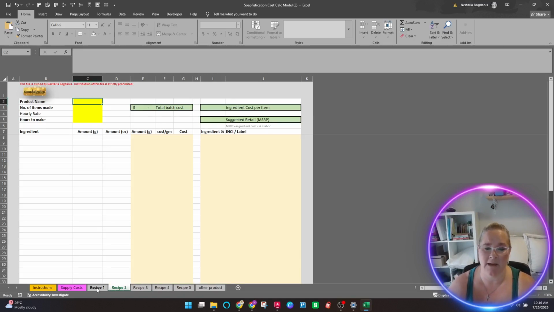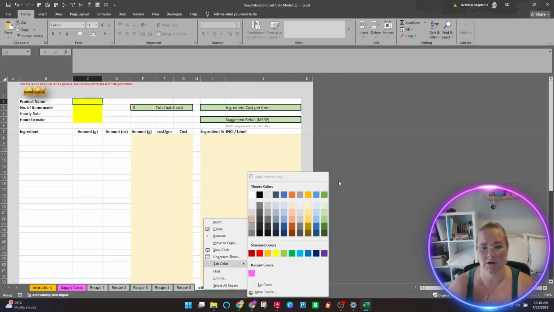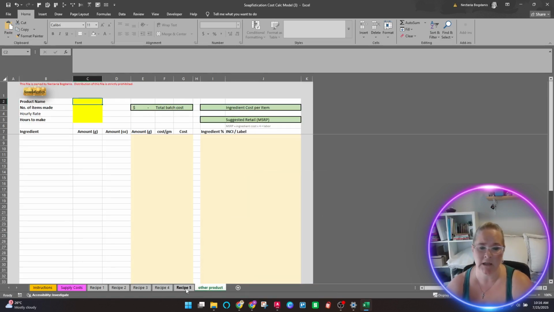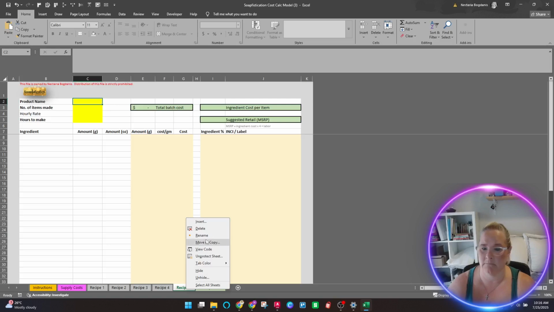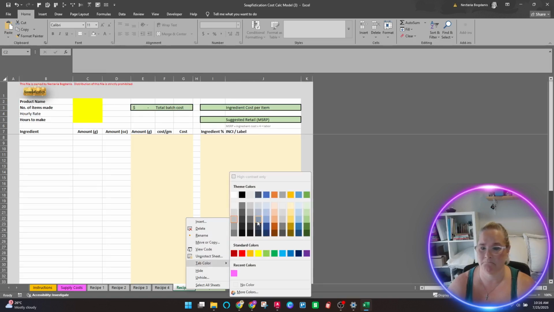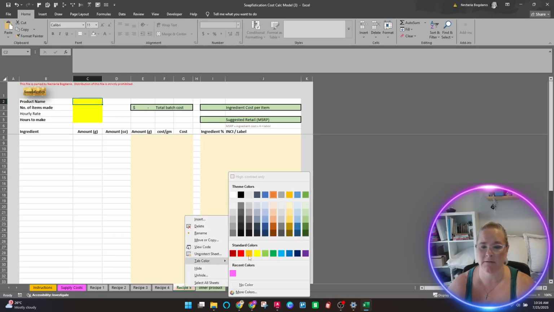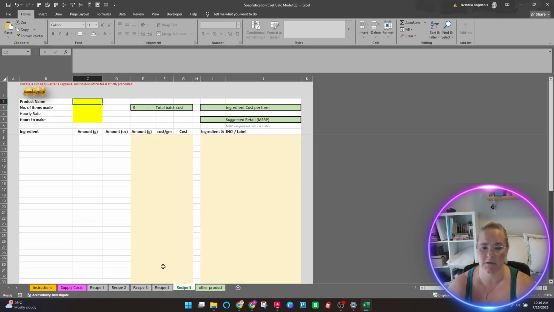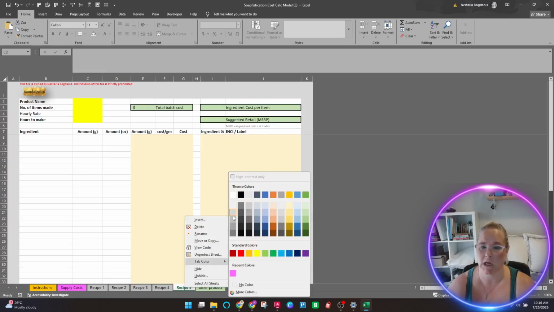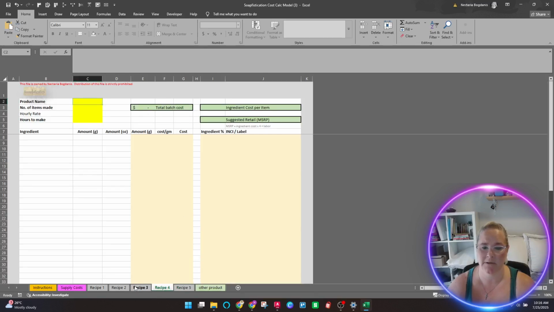The other thing you can do, see how this is yellow and this is pink and these other ones are gray. I can right click here and change my tab color. So I can make this one green. I can make this one, you know, orange, whatever. You can go through and change those tab colors how you want. I don't remember what color that was, so that's a teensy bit wrong. Let's go back to that. I think that's what they all are. There.